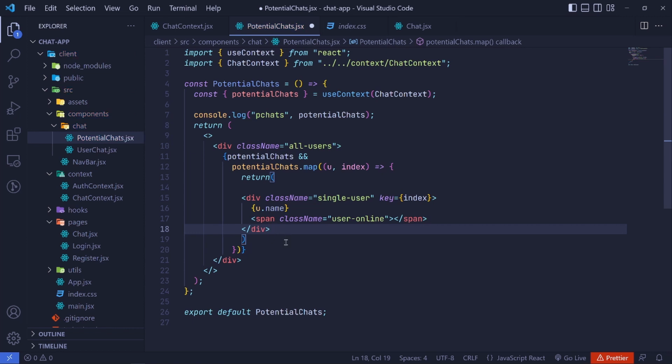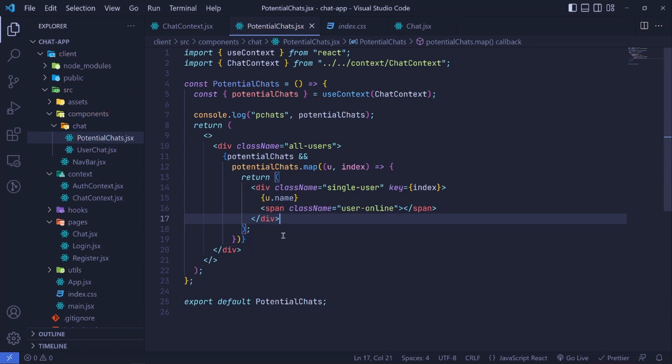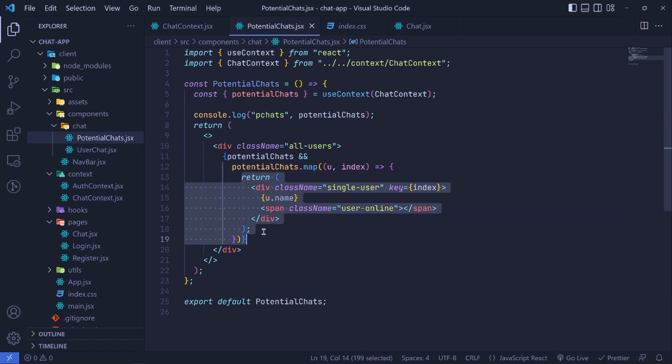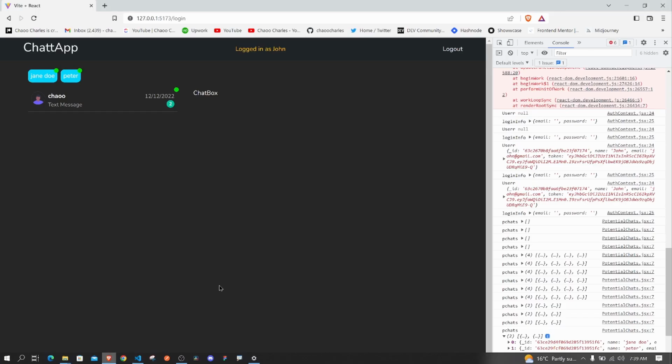Let's remove that semicolon here. Okay, it should be like this. Okay, so I'll save, and let's see. Cool, now there we go. We have Jane Doe, we have Peter. We can show the online status. Very nice. Now what remains is when we click on this user, we are able to create their chart and